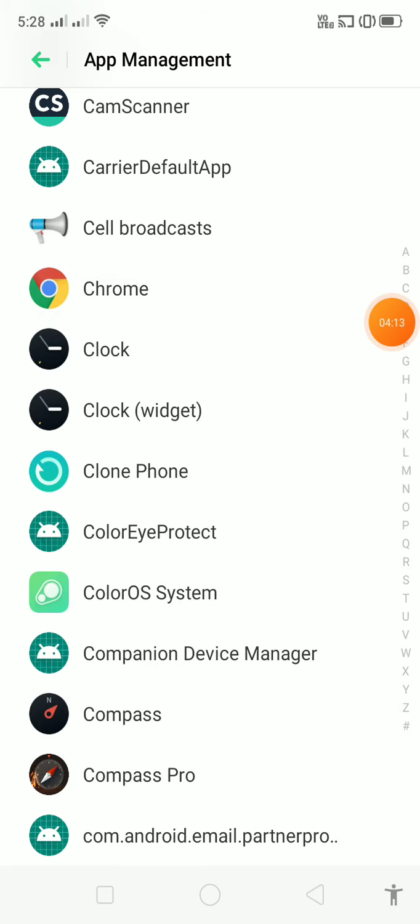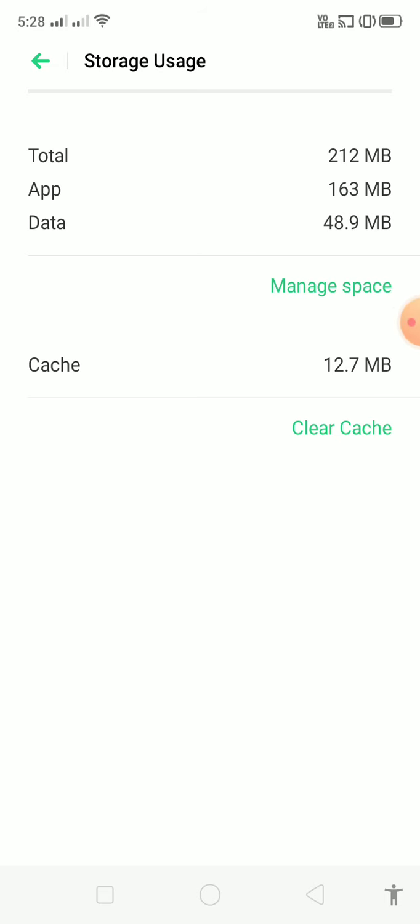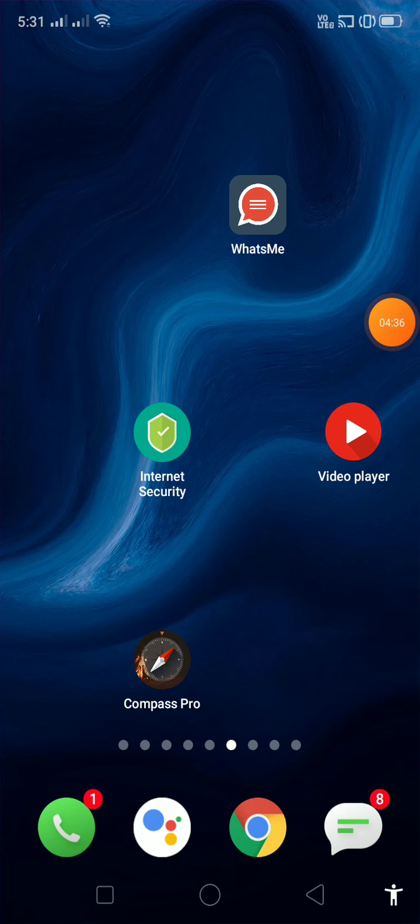There, go to storage and management, where you can clearly see clear cache. Clear whatever cache files are there. You can do it in both ways, but the cache files need to be cleared.